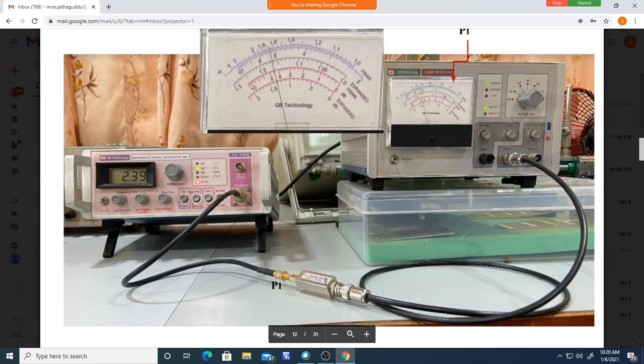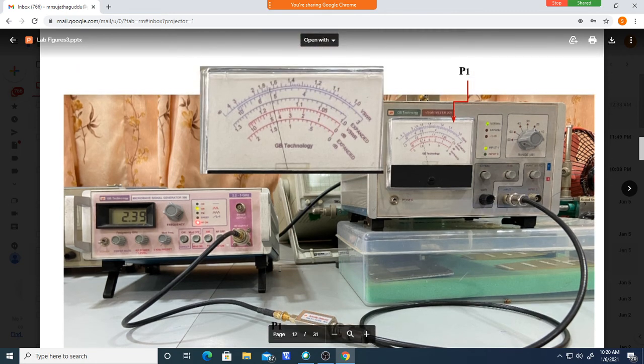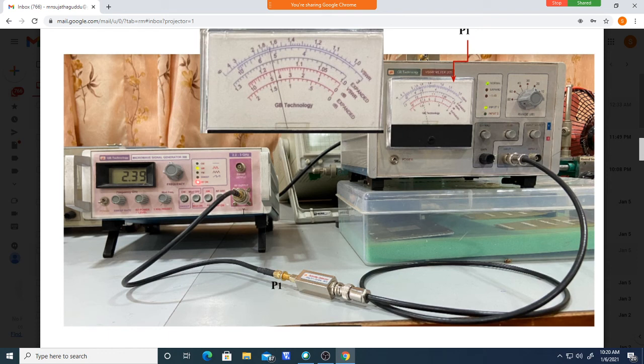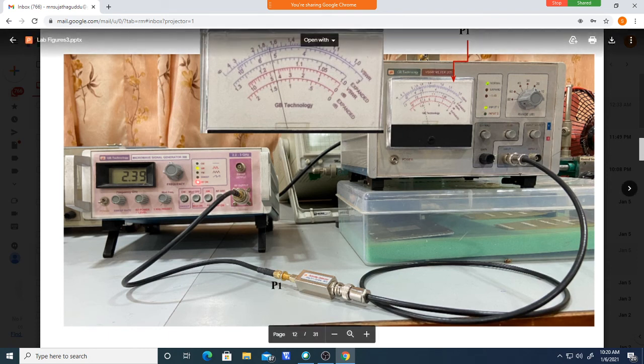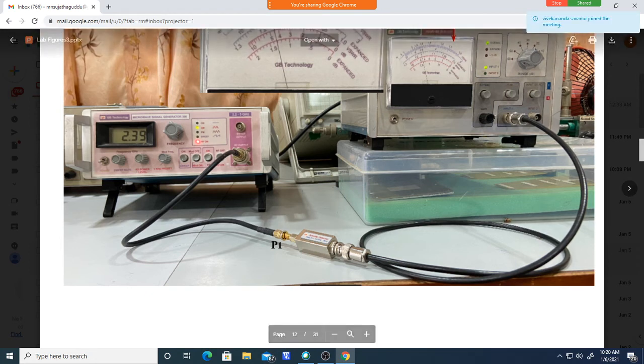So apply the power here. You can measure the power like this. You set the power here and keep it at the minimum position. See how to measure the power now from here. I told you we will be choosing AM. Why are we choosing AM? Because our equipment measures only the power of the square wave. Square wave coming here means the carrier is there. Carrier means our microwave is there. That is a confirmation.